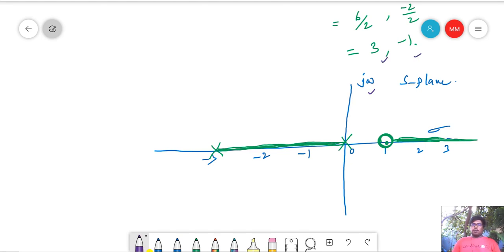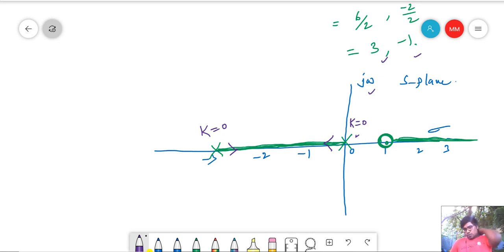Okay, so which is the breakaway point and which one is the break-in point? First of all, we will see root locus always starts at an open loop pole with gain k equal to 0. So it is starting here. Okay, I put the direction. So here also this is an open loop pole with k equal to 0. It is starting here. Okay, so they will move in the opposite direction. Okay, at some point they will break.